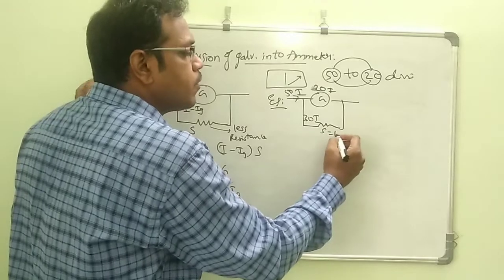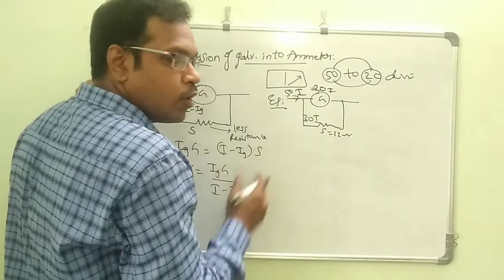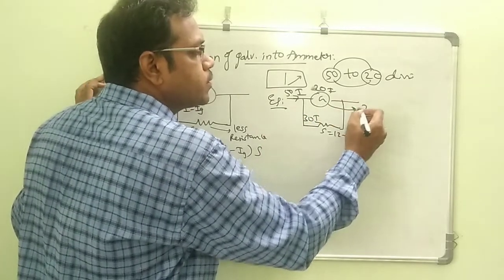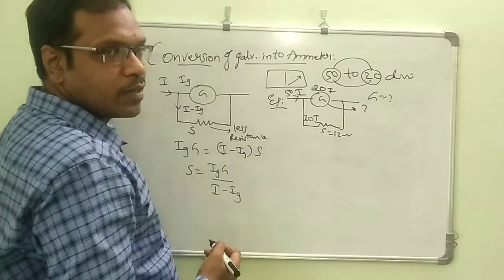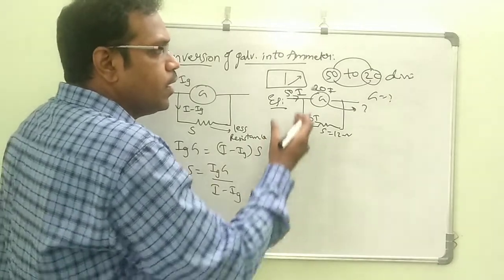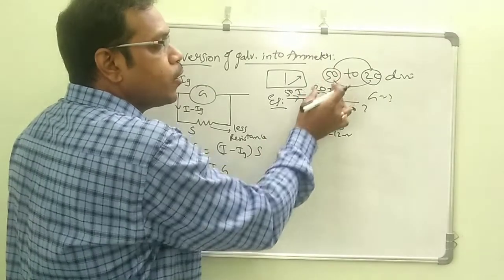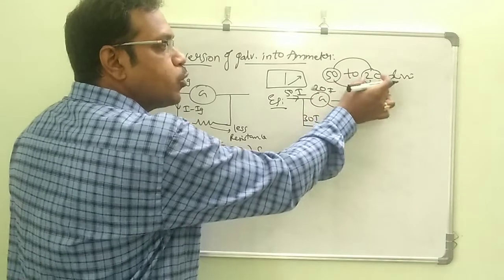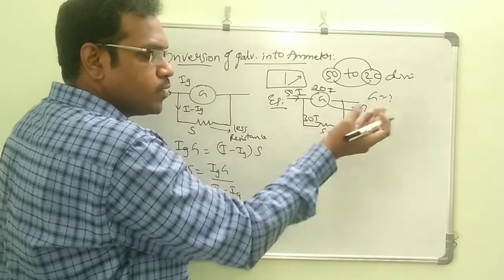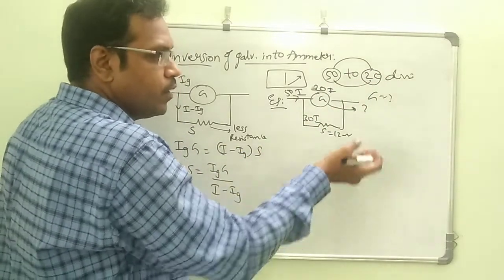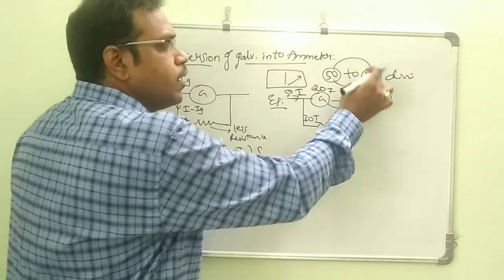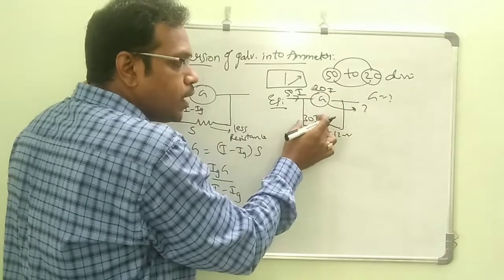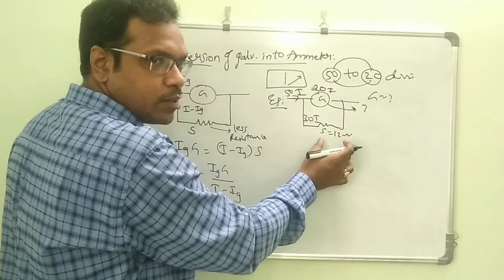Okay, and the shunt is also given as 12 ohms. What do we have to find out? We need to find out the galvanometer resistance. So they will say the deflection in the galvanometer is reduced from 50 to 20, or we can say the divisions. So 50 we can take as the main current, 50I, and it reduced to 20I. So the remaining 30I, where did it go? It went to the shunt resistance.